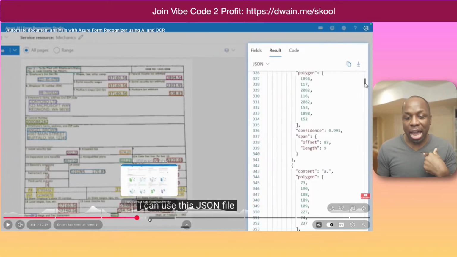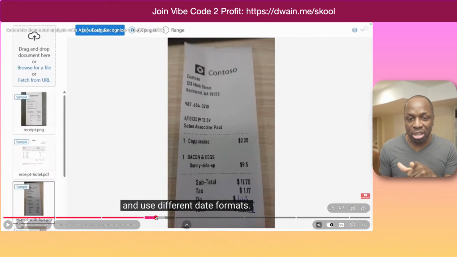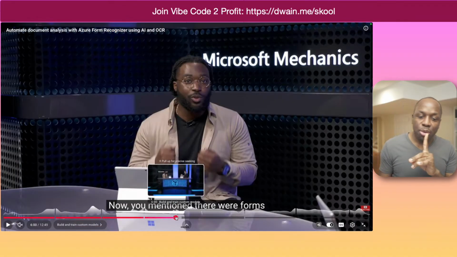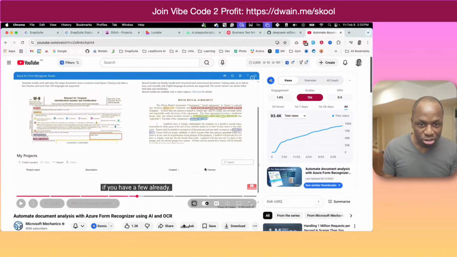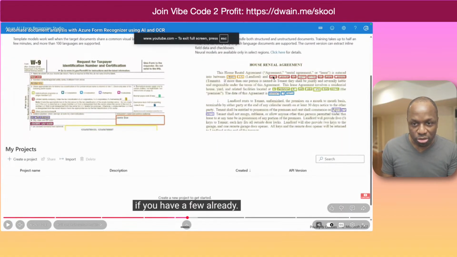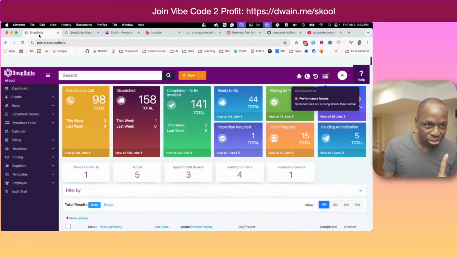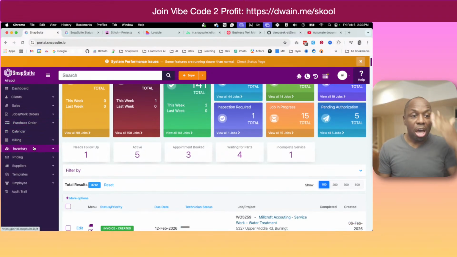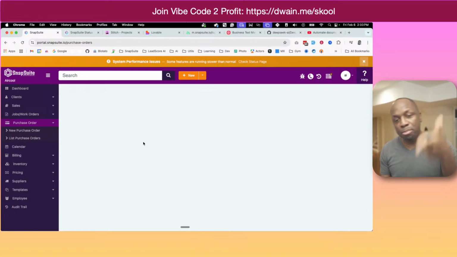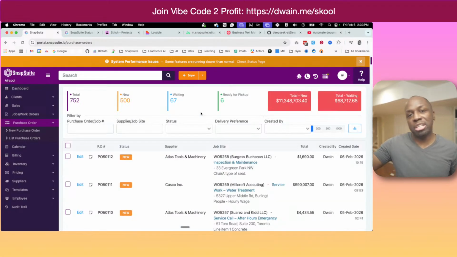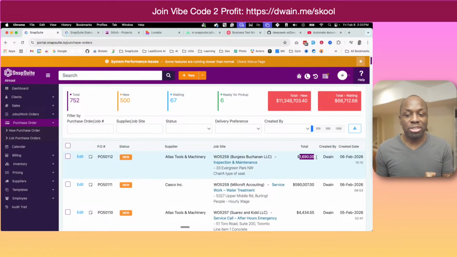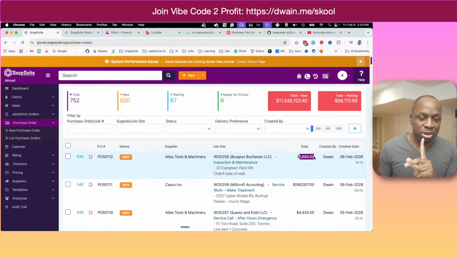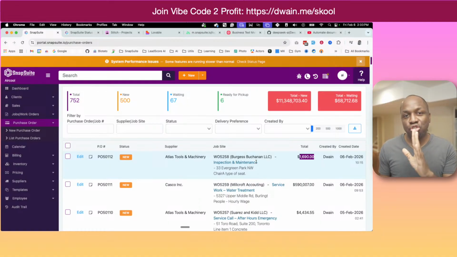There's no LLM that I've seen right now that's doing this level of granularity. I say that with a grain of salt. You can see here with this document, it's super granular. Why? Because in my SnapSuite application, we have purchase orders that we want to import into the application, and the user can snap a picture of it to get that purchase order up. We cannot make mistakes on those numbers. They need to be guaranteed. And if we have any slight doubt, it has to go to the user for verification. So the accuracy is extremely important.